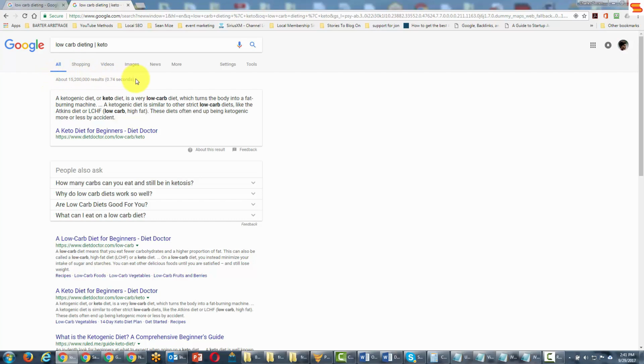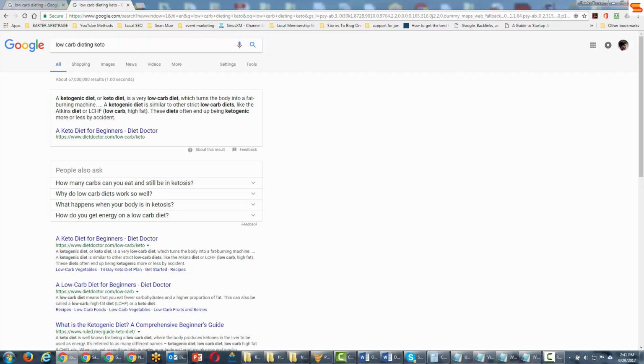Now what would happen if we took the pipe out? Would we get different results? And you'll notice that we do, in fact, we get 4 times as many. So using the pipe is a way of saying OR to the search operator and then giving us a more defined set of